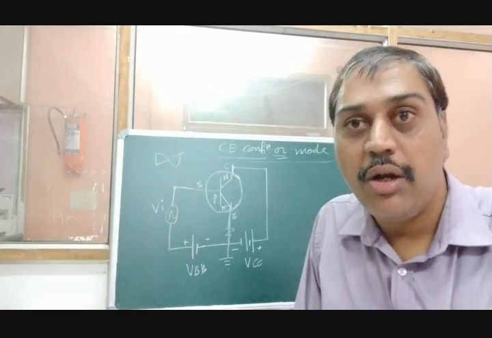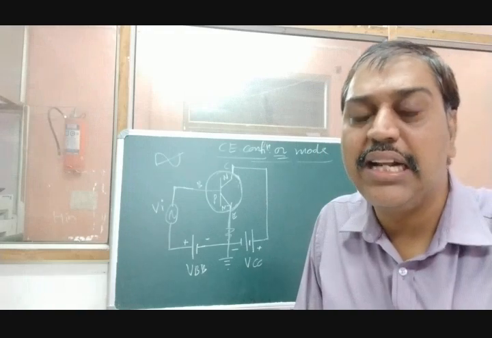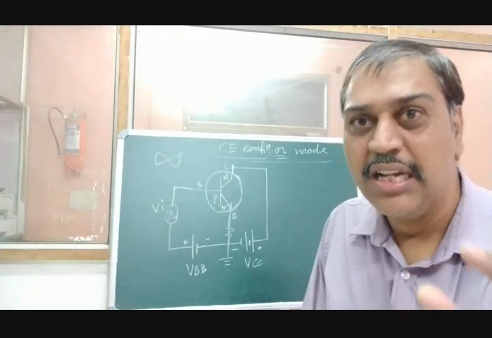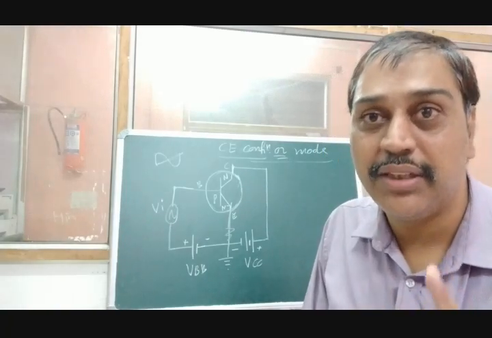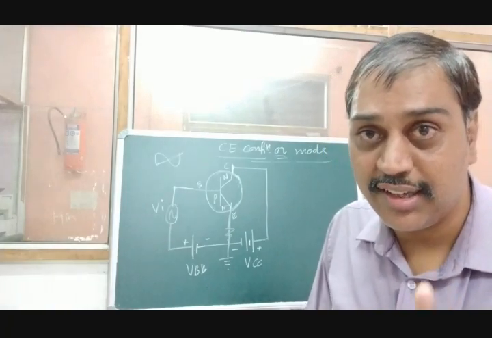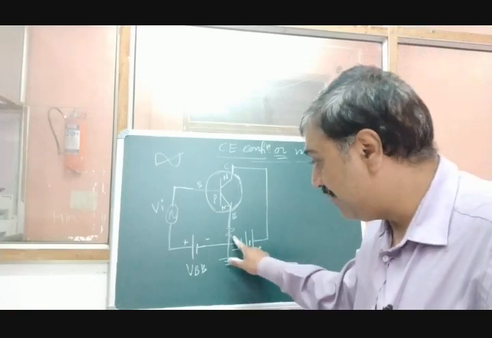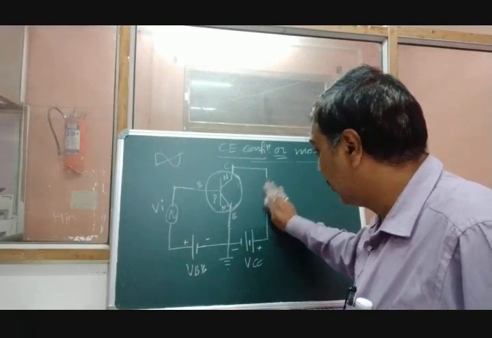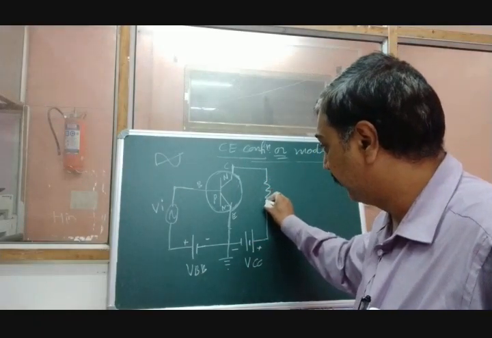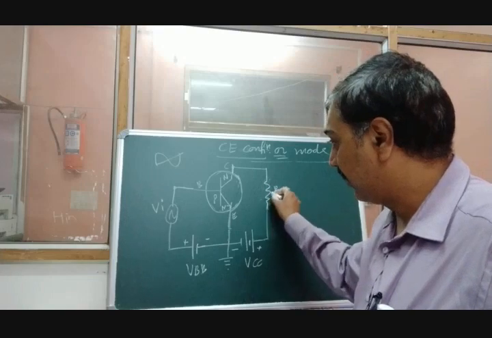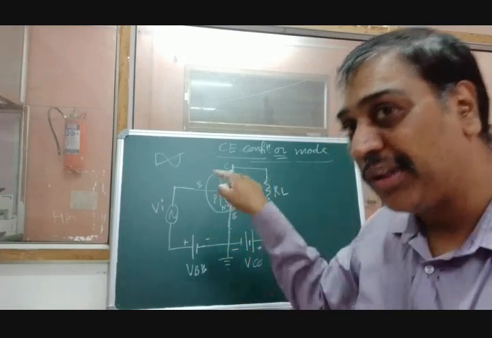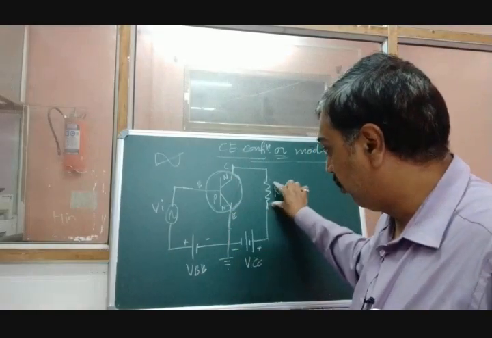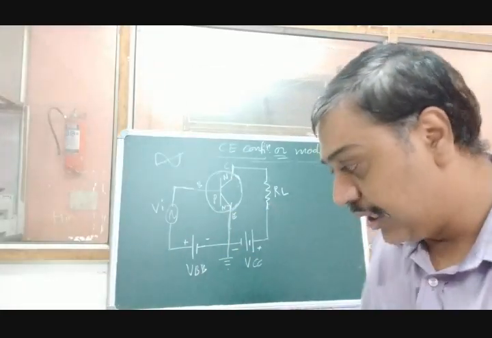As in the diagram, load resistance RL is connected in series with a collector. They have used that special line: load resistance connected in series with a collector. So this is the emitter. Here there should not be a load resistance. It must be in series, so it must be somewhere here, and that is RL, connected in series with a collector. Now the diagram is right. So what is the modification you have to do? Remove this load resistance and move it here. That is the modification you have to do in your diagram.